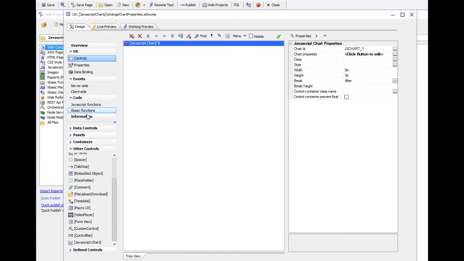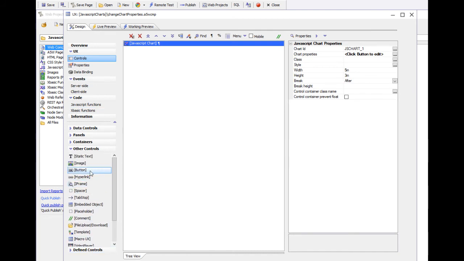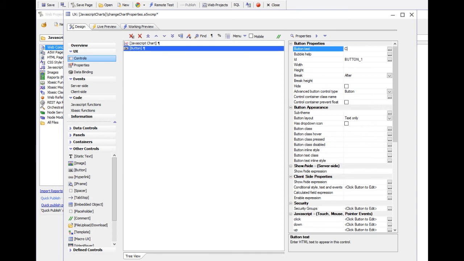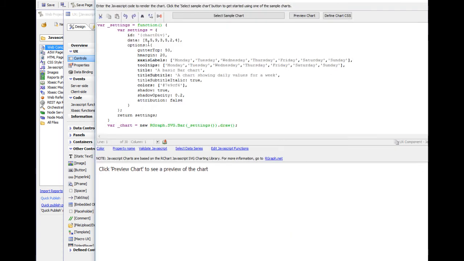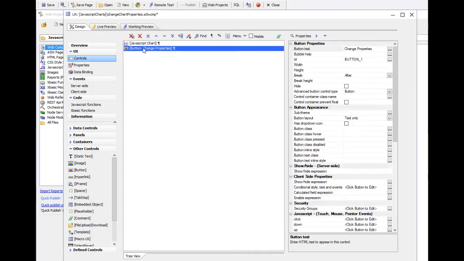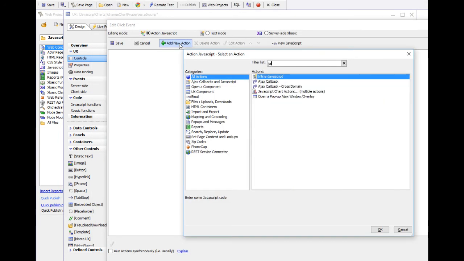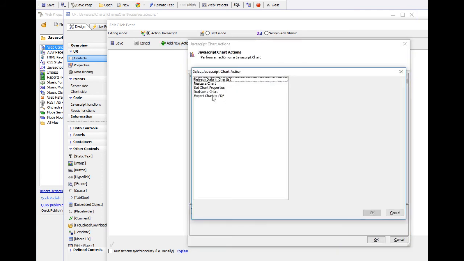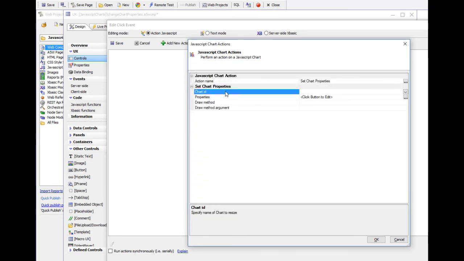So let's go now and add a button. So we'll go now to add a button, and we'll call this button here change properties. And then the properties that we would like to change are going to be, let's say, the title and also the colors. So we'll go now and go over to Action JavaScript now, and we'll choose chart, and the action that we would like is set chart properties, and we'll set the ID of the chart, which is going to be JS chart,